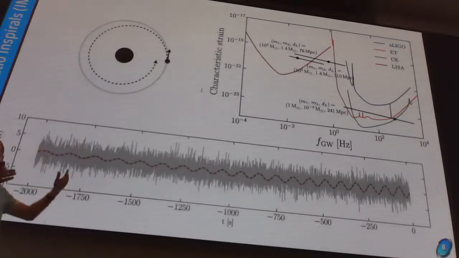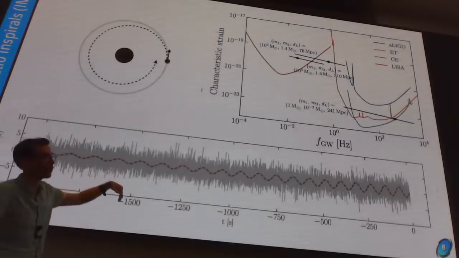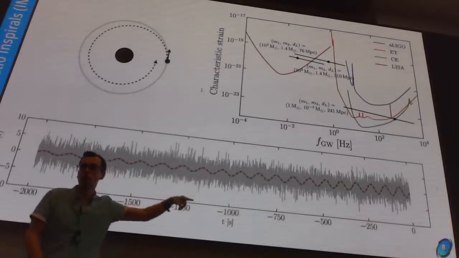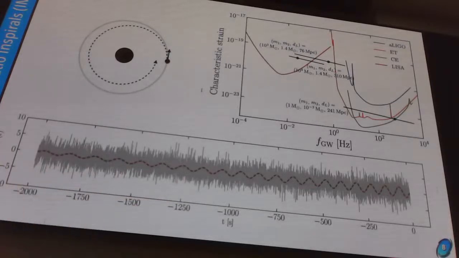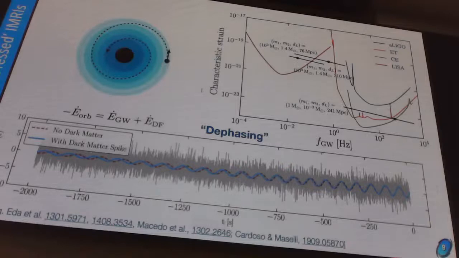But as it emits gravitational waves and starts to shrink, the amplitude of the gravitational waves increases, but also so does the frequency. Okay. And what happens if you have a dark matter spike here is that you change the rate at which this system inspirals, because you're not losing energy just due to gravitational waves, you're also losing energy due to dynamical friction with the dark matter particles in this spike. Okay, so this is a purely gravitational effect. Essentially, the small compact object is scattering gravitationally with dark matter particles in the spike,